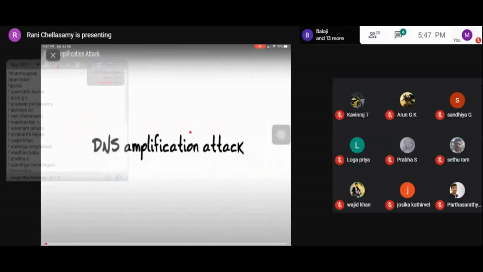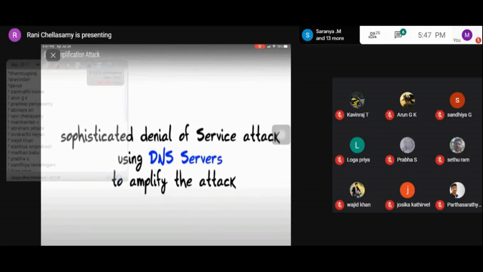Okay. So next we'll see the next attack, that is called as DNS amplification attack. So DNS means domain name service, domain name system, which is a protocol which can be used in the application layer. So what are the attacks related with the application layer? We can go on stating the HTTP flood, that is get flood attack, and HTTP post flood attack. Then the next one we can also go with DNS amplification attack.